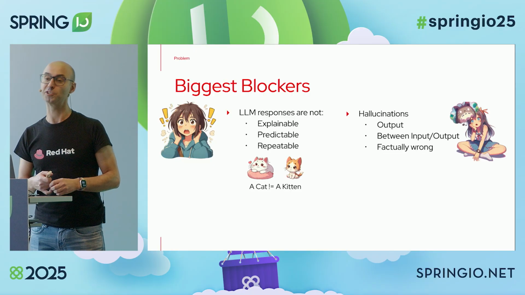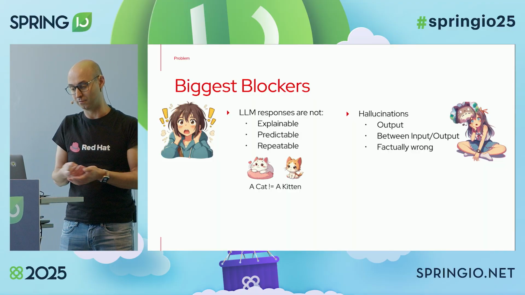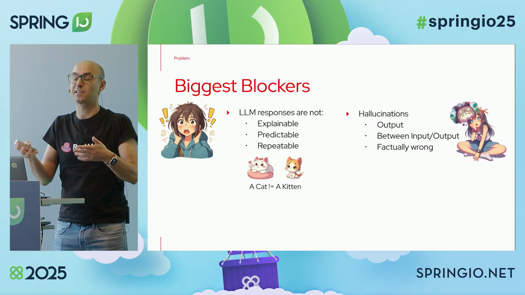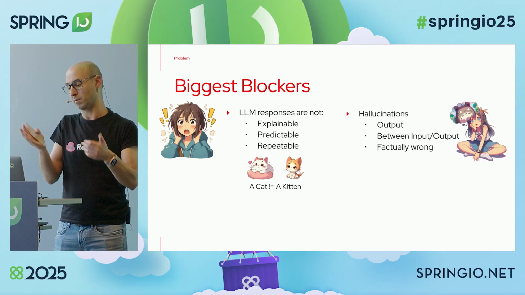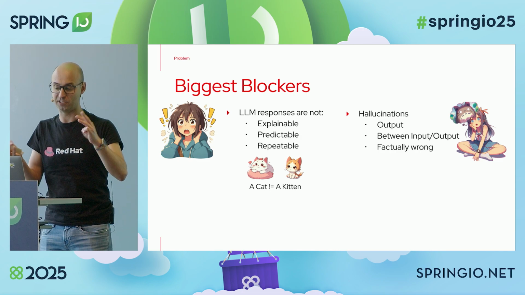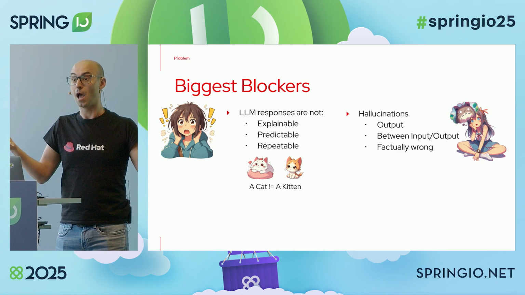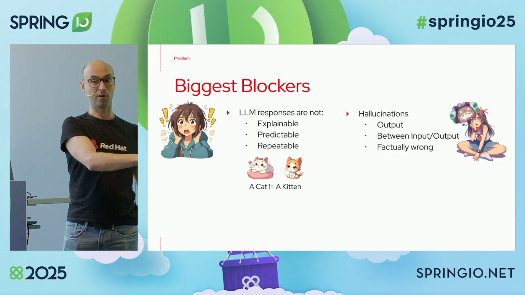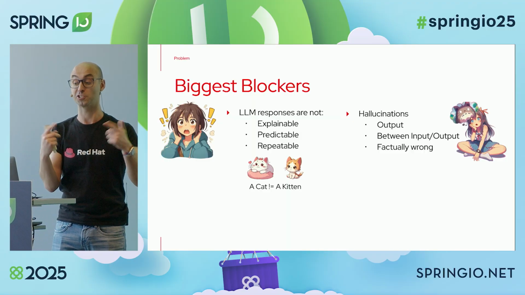The second problem is the hallucinations. You know that models can hallucinate, which means that they give you an incorrect response. And this incorrect response can be categorized into these three categories. The first one is a hallucination on the output. For example, it can say, Alex is tall, and he's the shortest one, right? It can't be tall and short, right? It's a hallucination or inconsistency.